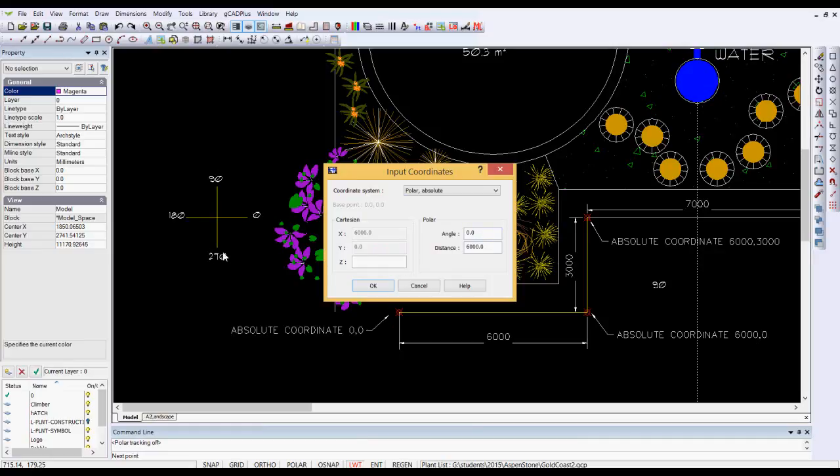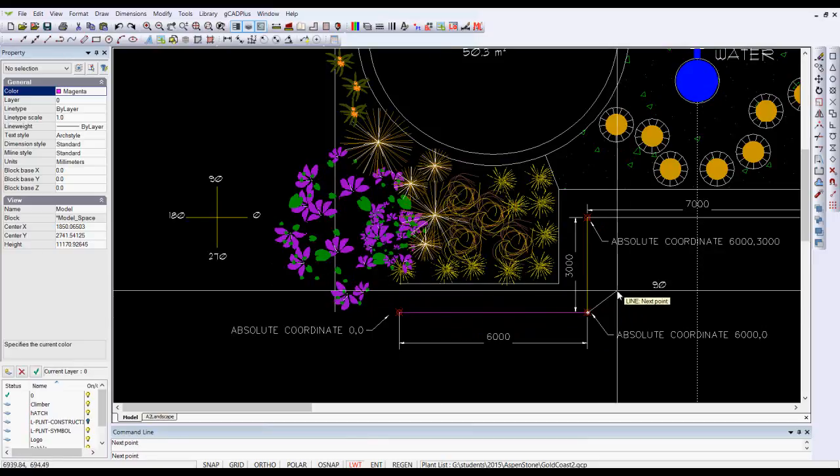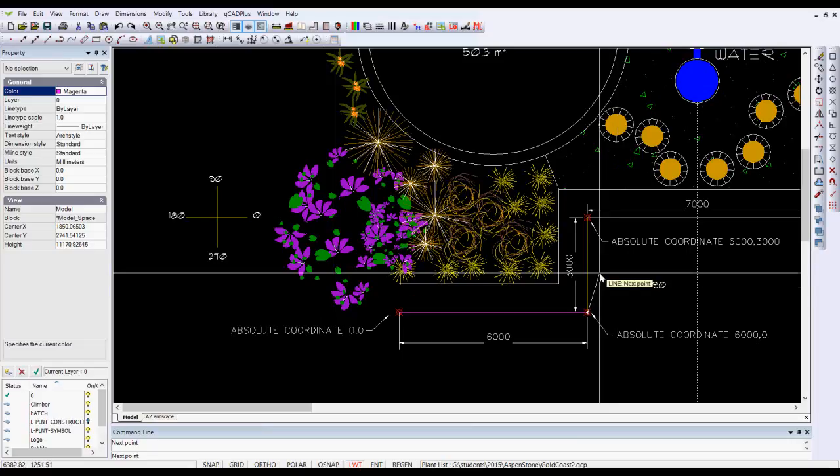Over here on the left, I'm just reminding you of the angular system used by gCADPlus and AutoCAD and other CAD programs. 0 angle is to the right, 90 degrees is straight up, 180 and then 270. So we're using polar coordinates, absolute coordinates. The distinction between absolute and relative is exactly the same as we've covered. And we're going to go at 0 angle, we're heading off to the right, and our distance is 6,000. So we have entered that very same line and drawn it